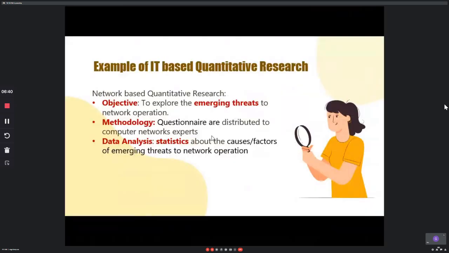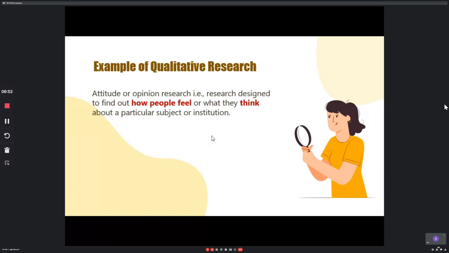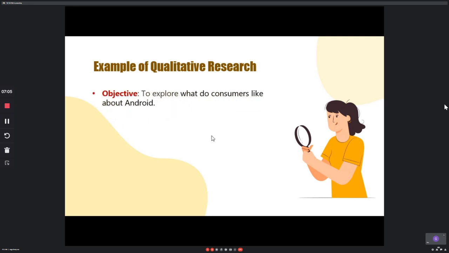possible IT-based quantitative research. And some of you carry out experiments, for example, testing the accuracy or performance of different models, and this is also quantitative research. Then qualitative research refers, for example, to attitude or opinion research designed to find out how people feel or what they think about a particular subject or institution. For example, again, the objective starts with the word "to":